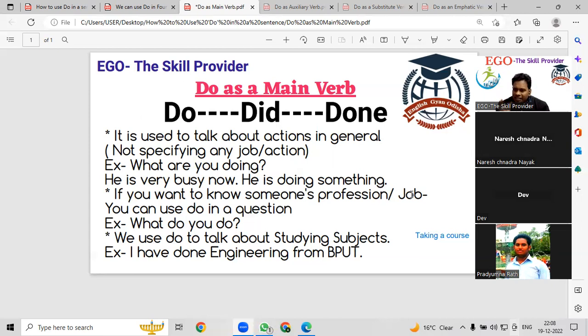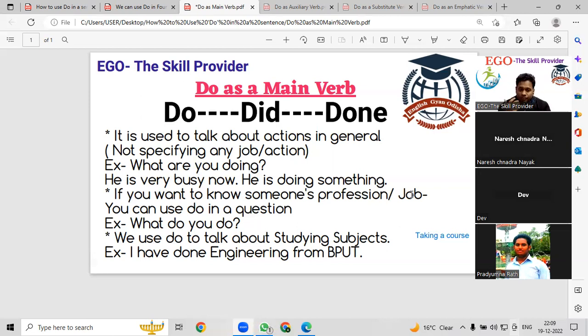It's just like a course. When we do a course, like we study engineering or MBA, for that particular thing you are supposed to use do. See how I write it: I have done engineering from BPUT, I have done MBA. Whenever you are trying to do something or you have completed the action, you can use do. Suppose you are studying MBA, you can say I am doing MBA from Symbiosis Institute of Technology. Suppose you are now doing PG, I am doing PG. So do is used to